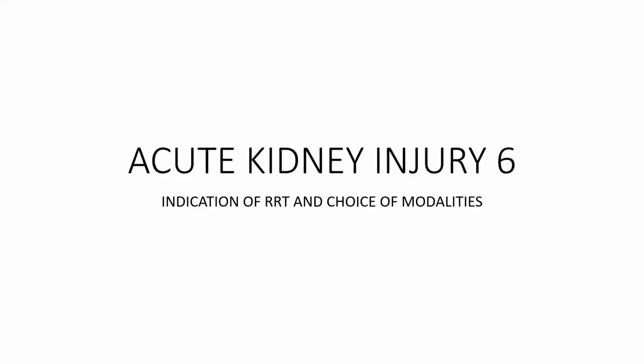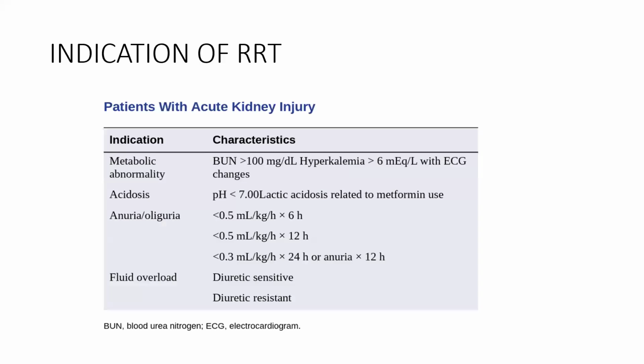Hello everybody. Today we are going to discuss acute kidney injury, indication of RRT and choice of modalities. So indication of RRT, patient with any acute kidney injury, the indications are metabolic abnormality, that is blood urea nitrogen